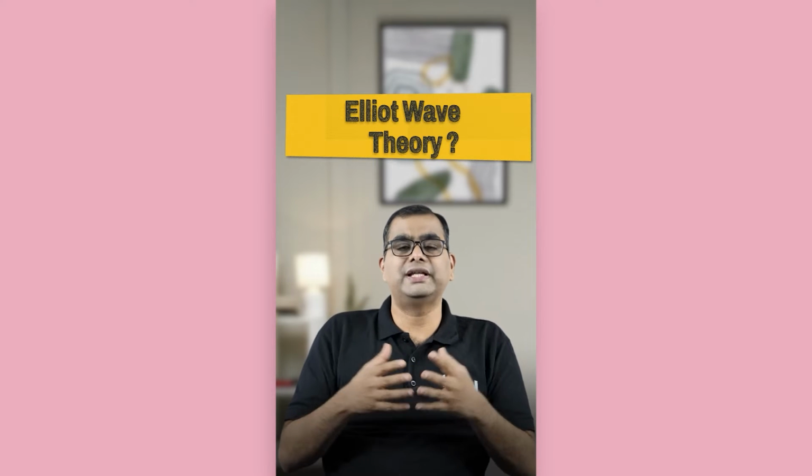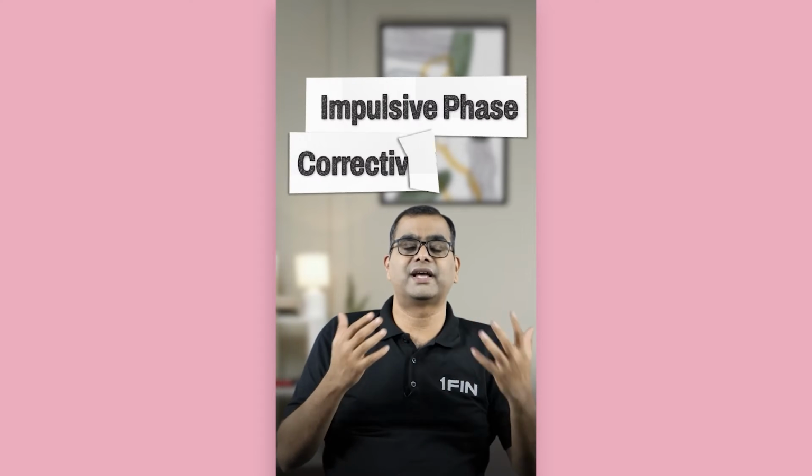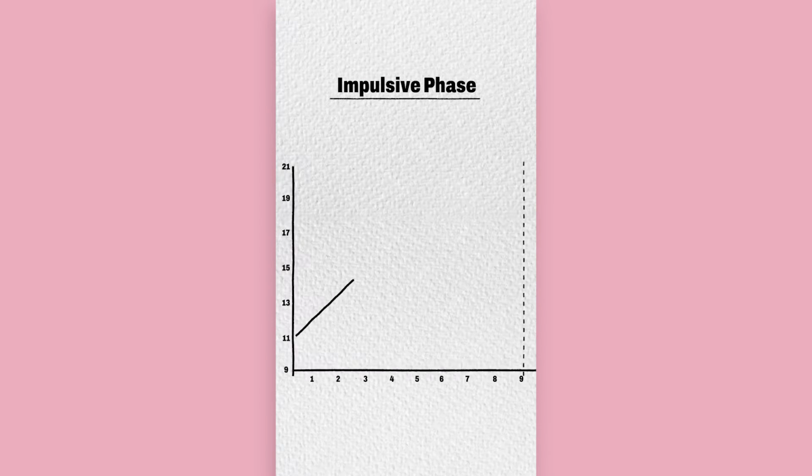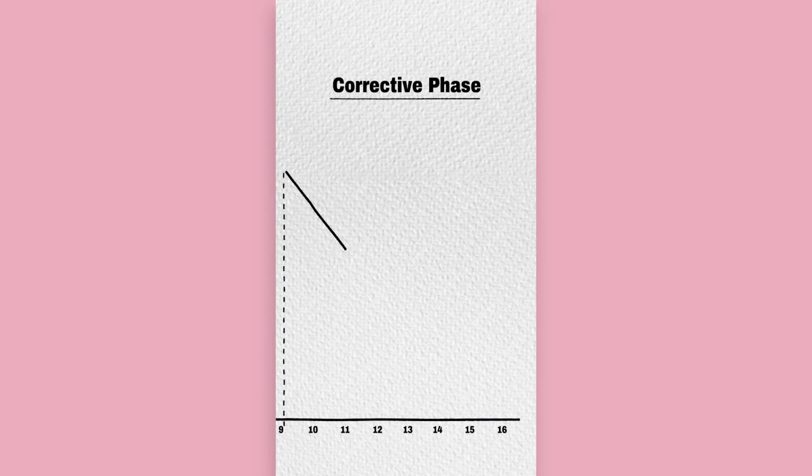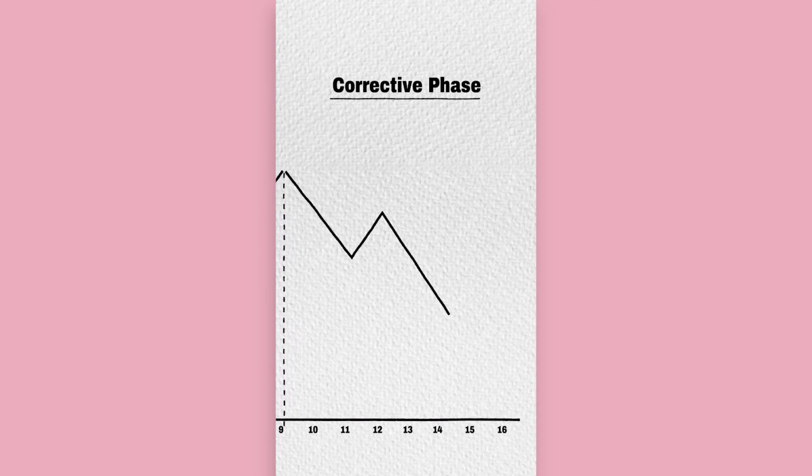Just like Dow Jones theory, Elliott wave theory propounds basically there are two phases. One is the impulsive phase, second is the corrective phase. In the impulsive phase, there is a general trend, a wave which is moving upwards, in which you have certain movements in opposite directions, but again the general trend is in one direction. Then you have the corrective phase, which is exactly opposite of the general trend, where you have the opposite direction movement. So if the general trend, that is the impulsive phase, is upward movement, the corrective phase is actually the